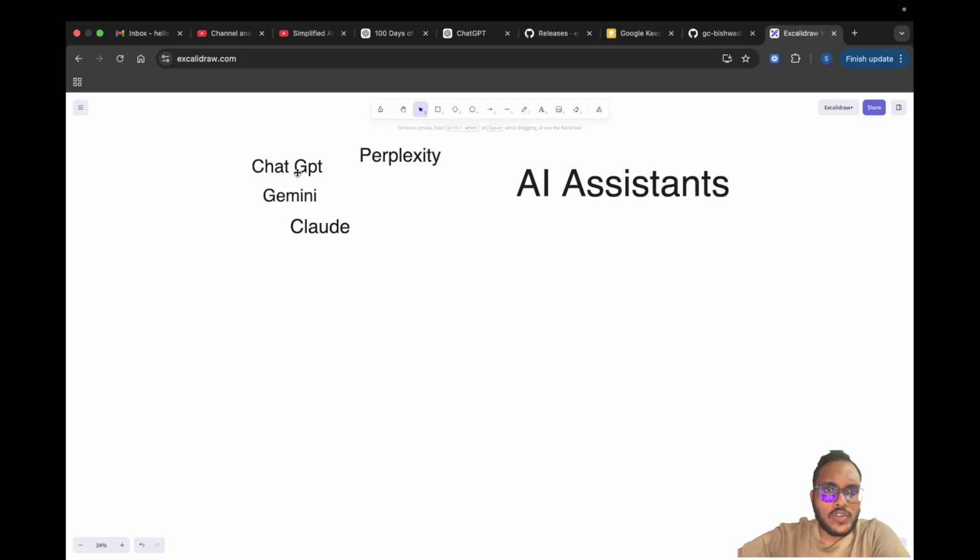Okay, so let me tell you what I have done today. I'll be using one prompt in all four of the AI assistants, and let's see the output I'm getting from them. Whether they are showing the same kind of output or a different kind of output, and at what time you will be using which one. This is the main difference that I'm going to show you, what I've learned.